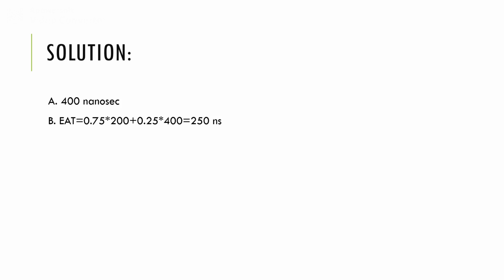So this will take 200 nanoseconds for the memory reference, plus again the time taken to search a word, which is nothing but 400 nanoseconds. So that's why we get 250 nanoseconds. So this will always be double. If the hit time is 200 nanoseconds, the miss time will be 400 nanoseconds, double.